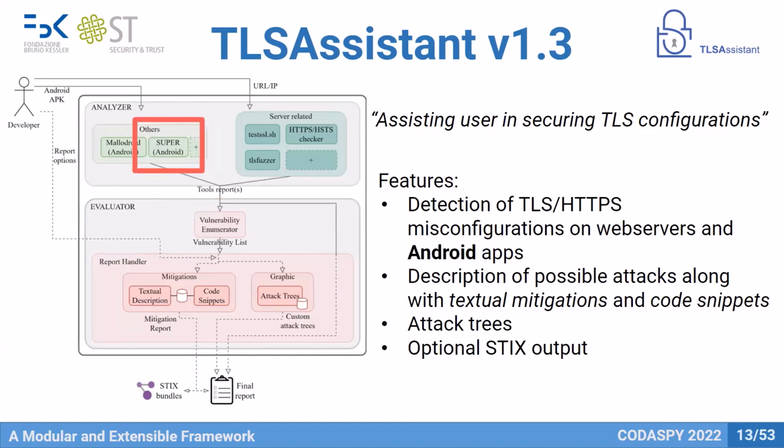And then finally, we added a new Android scanner able to perform more analysis for more issues. But during these years, since TLS Assistant 1.3 was released a couple of years ago, we realized that being written in Bash, it became monolithic and very hard to handle. So we decided to rewrite the tool from the ground up, using a different language and using a different concept, like a paradigm,